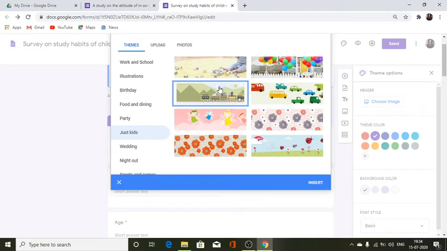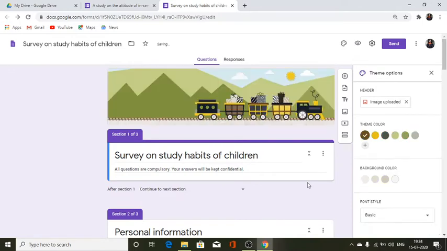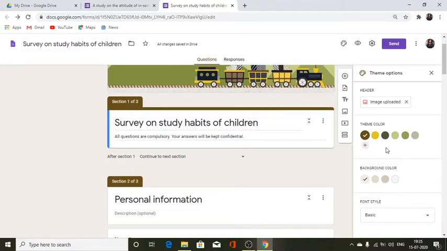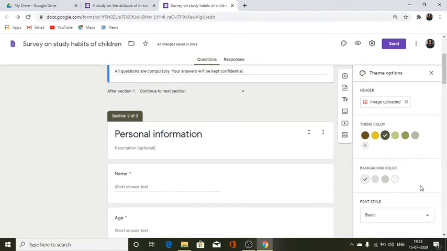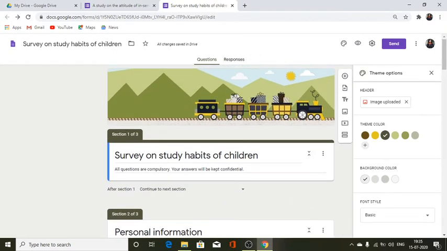Now we insert this as a theme, and look, it comes here. Then we change this accordingly. It takes this color, a matching color, but we want a lighter color. We just take a lighter color, or yet another lighter color, whatever it is. The background color is just light fleece, or whatever you want. I keep the font the way it is, and that's it.